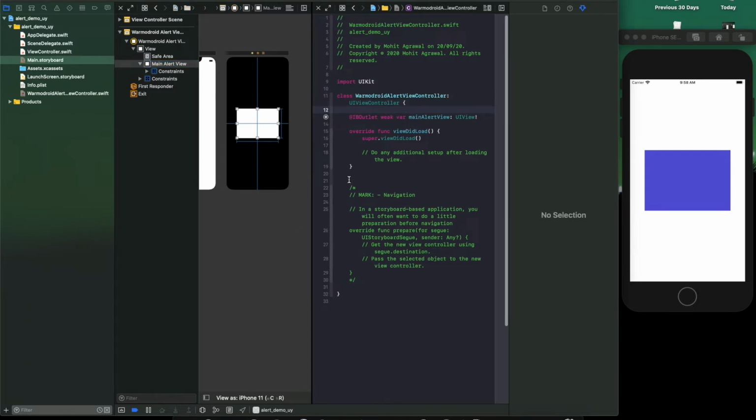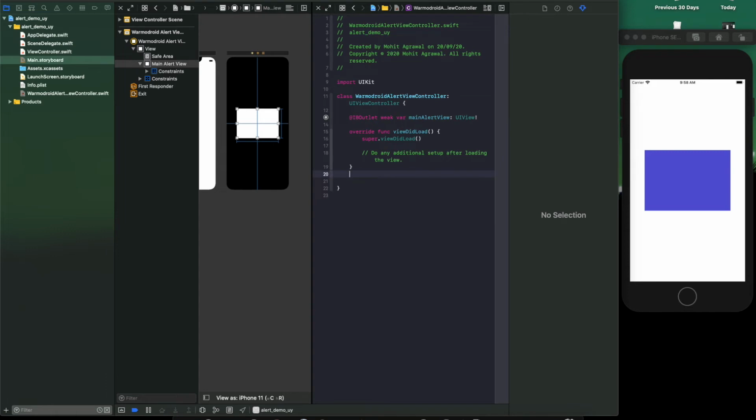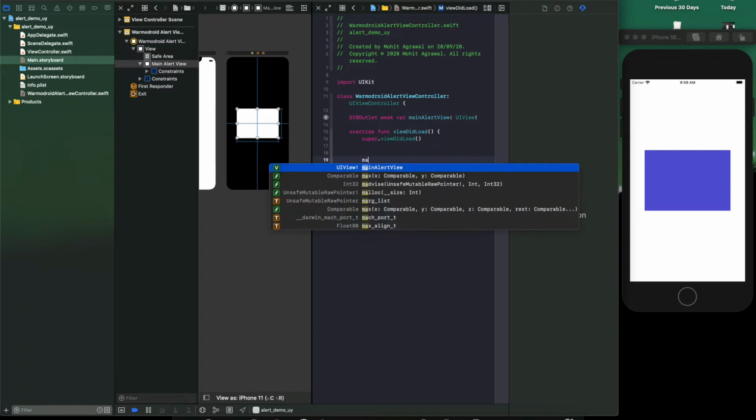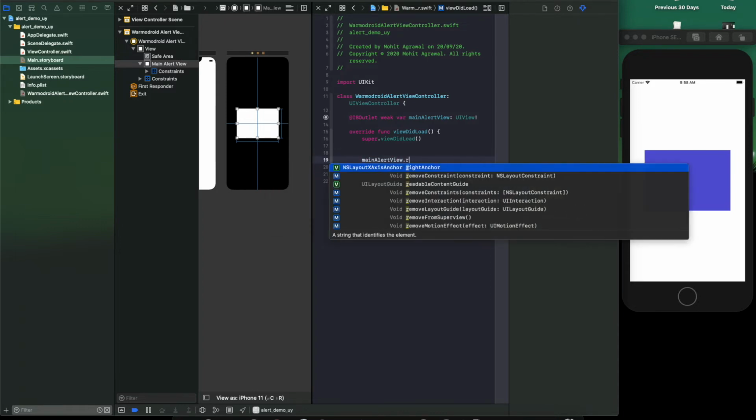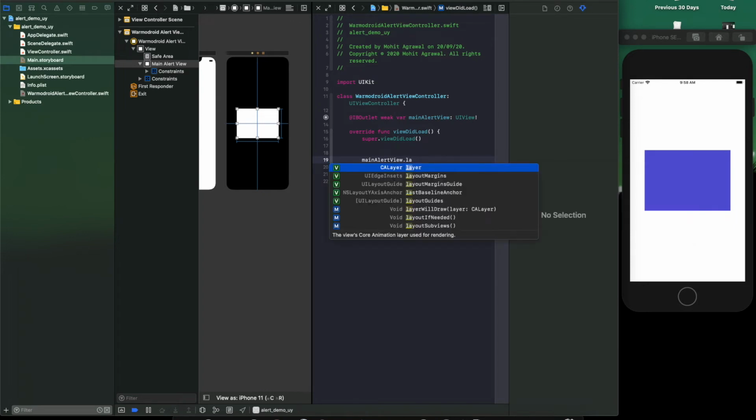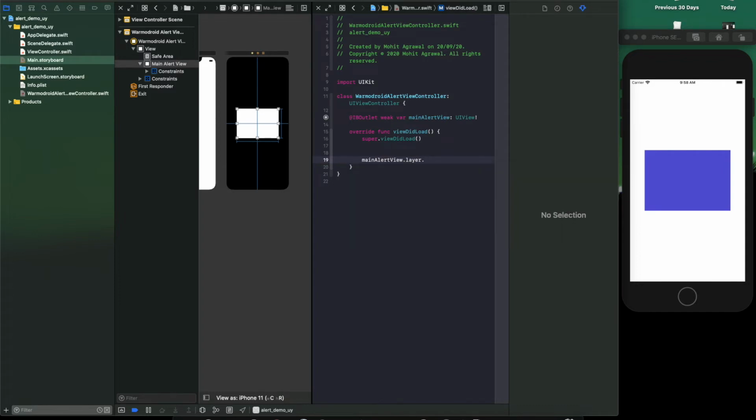Now we don't want this extra boilerplate code, so let's remove it. Okay, now first let's create a shadow, and before that let's make the corner radius round.